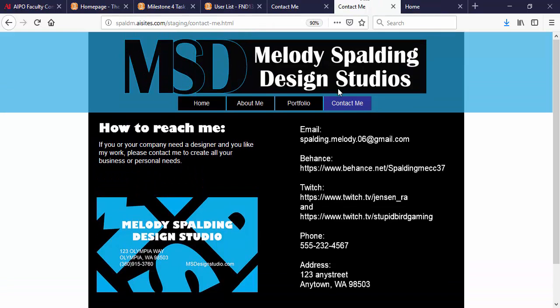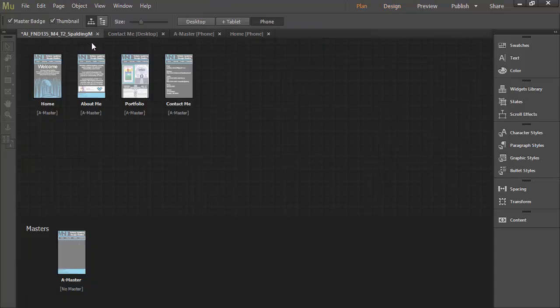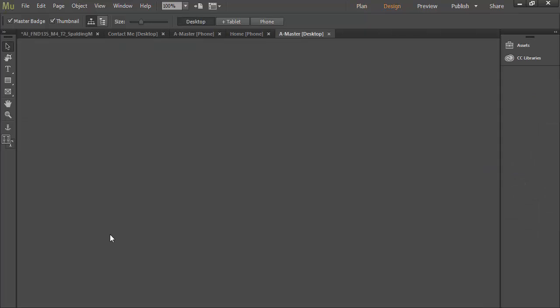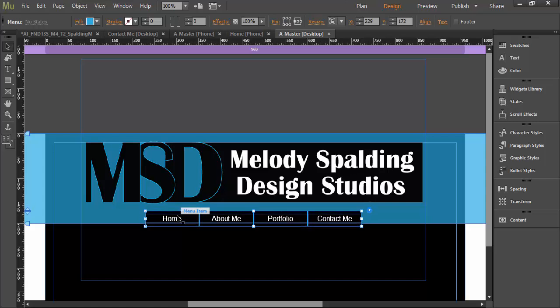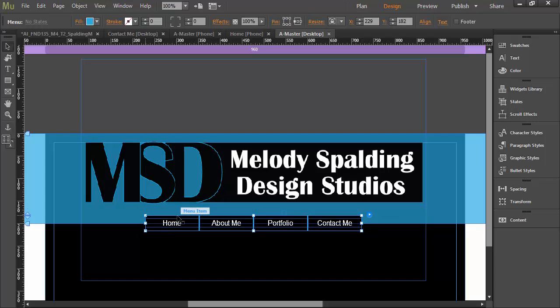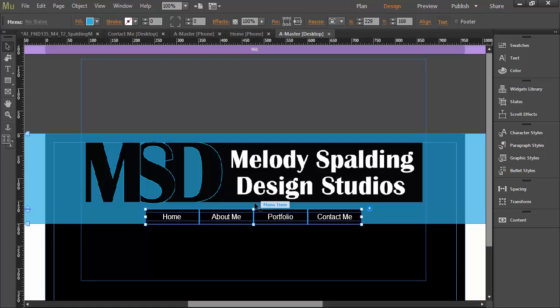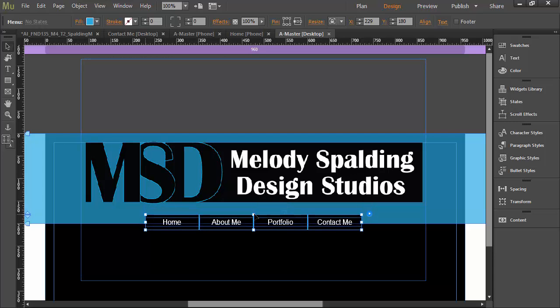Also on your desktop version, I do think the navigation bar is too close to your header. So you might be able to do the same thing with the black there. I think with the desktop version, you probably want to go in and just move it down a little bit. You really want to have it stand out. So that means you're going to have to adjust your heading. It's just too close to what we have there. I really wanted to have a little extra gap. So then you have to